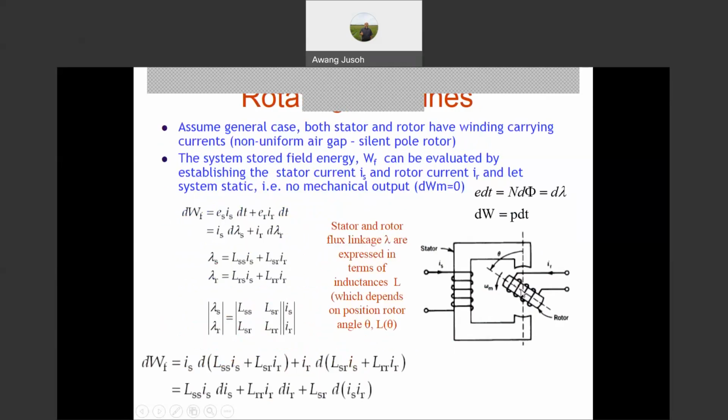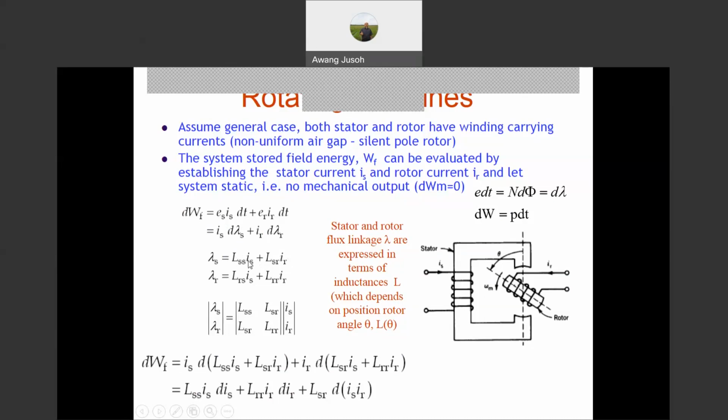Okay, we know that the energy stored in this magnetic circuit is contributed by IS and also IR. So the differential energy dWF equals ES IS dt plus ER IR dt, or it can be said to equal IS d lambda S, the flux linkage of the stator, plus IR d lambda R. And we know that lambda S, the flux linkage in the stator part, can be represented by LSS IS plus LSR IR,